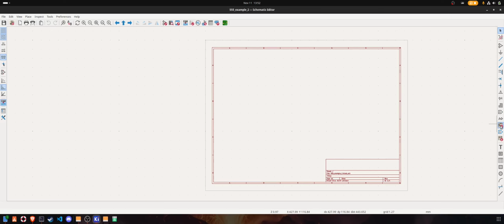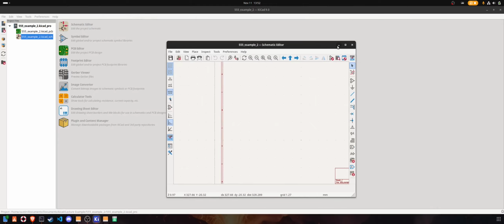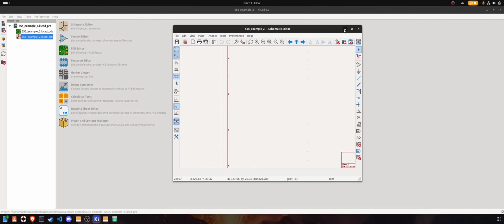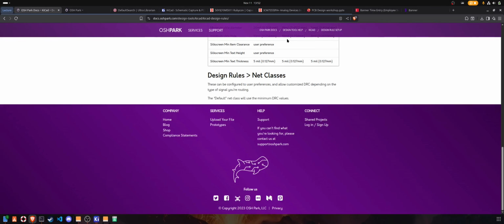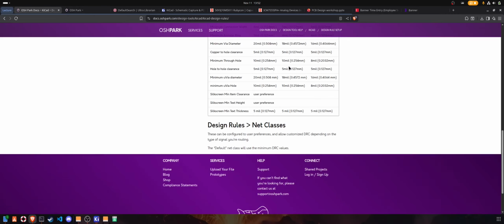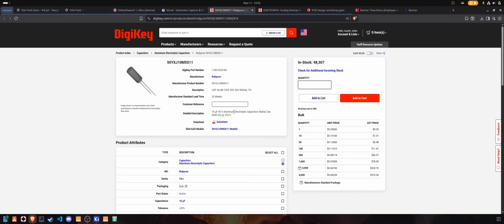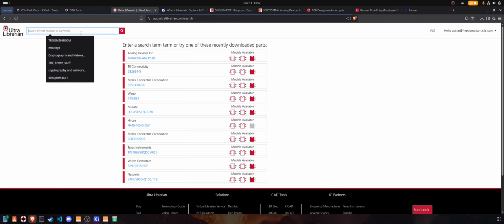Okay, so to start, we're going to import a specific capacitor that we need to use for our circuit. We're going to be designing a simple 555 timer blinker circuit. So we're going to be using this capacitor. So look this capacitor up in DigiKey, or you can just like type this straight into Ultra Librarian. So go to Ultra Librarian, search up our part,